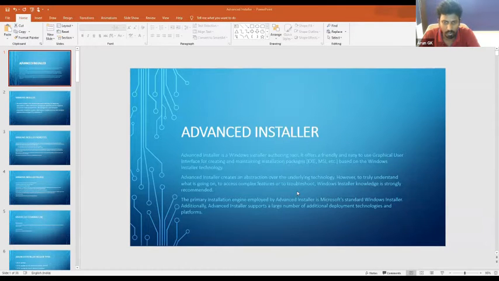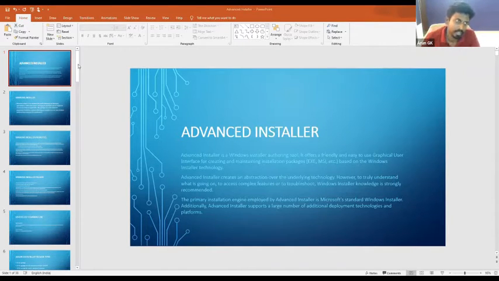It will be helpful for using Advanced Installer to create packages for any kind of applications, like Windows applications, web applications, Windows services, and so on. The primary installation engine employed with Advanced Installer is Microsoft's Windows Installer.